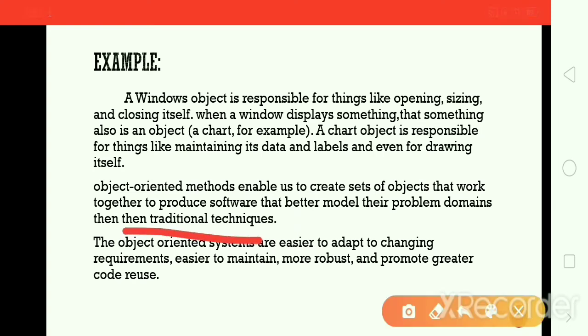In the traditional technique, we don't have such advantages, but here we have them in an object-oriented system.